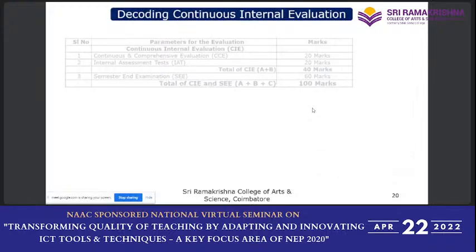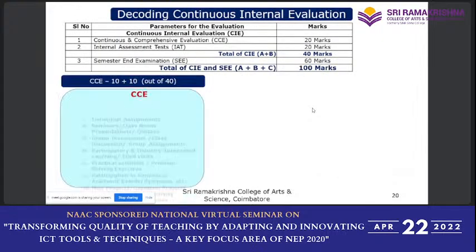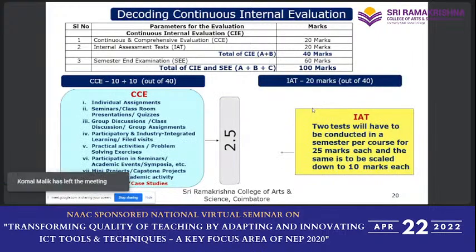Then about decoding the continuous internal evaluation, this is what we have. And I'm very proud of this particular thing. See, when the government of Karnataka, rather the higher education team, put forward, it was 70-30. What you see right now,